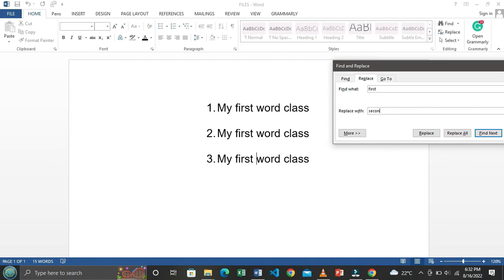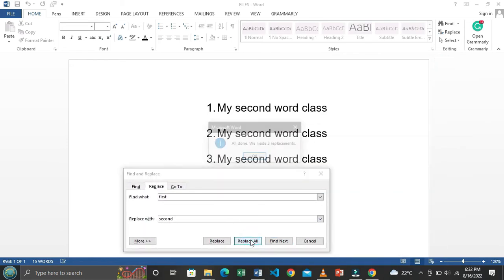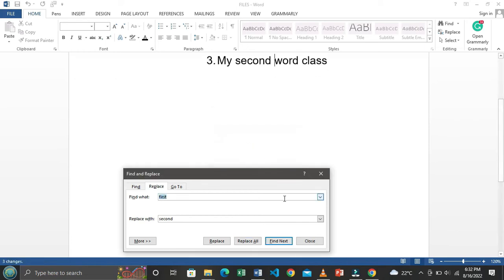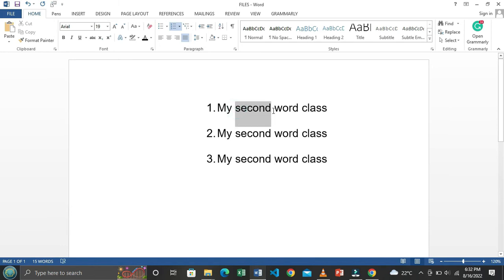then I will click replace all. So you can see it has changed all, done, made 3 replacements. So you can see it's successful. When I close that, from my first word class to my second word class. Okay,